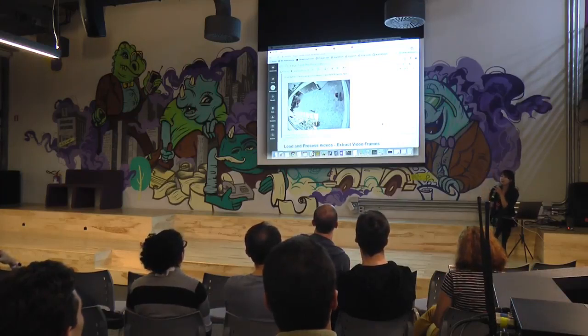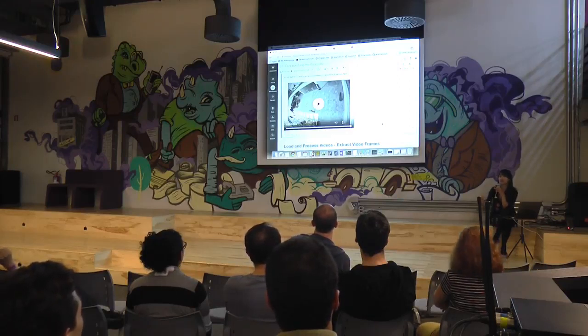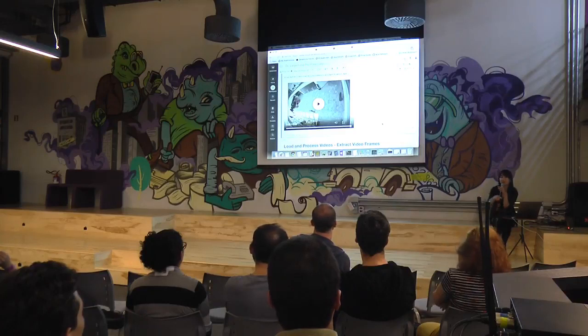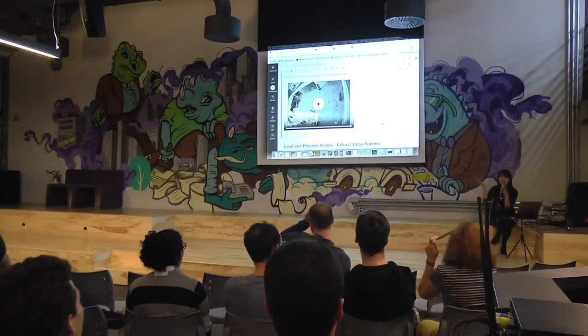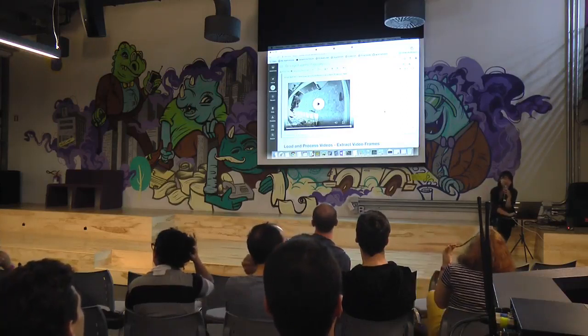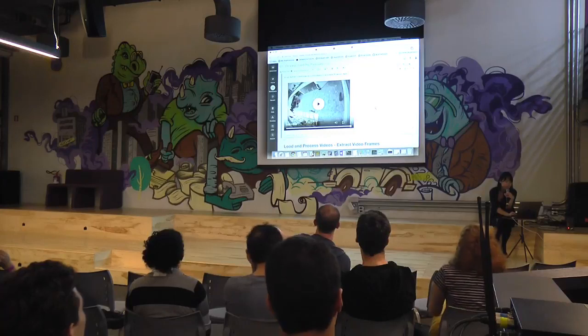What we're trying to do is pick out suspicious activity, such as people fighting or leaving unattended baggage. Like at airports, you don't want people leaving their luggage somewhere with no one monitoring the screens. So that's the kind of use case we're targeting here.